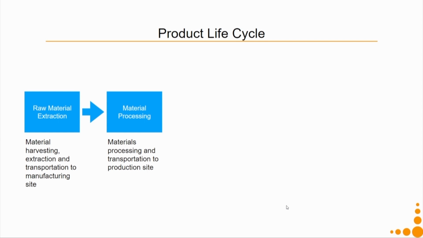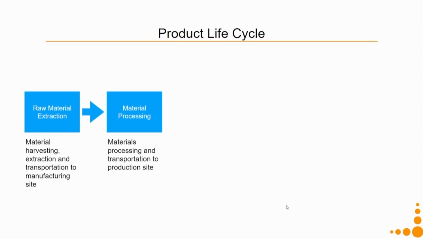So, next in the product life cycle comes material processing. What do we mean by material processing? There is a difference between material processing and manufacturing, which will be the next phase. In material processing, from petroleum you will convert it into the kind of plastic that you want to use in your chair, or you will convert the wood into the kind of wood product that you want to use in your table. So, in material processing, we try to process the raw materials into certain forms which will then be used for production or manufacturing of our product.